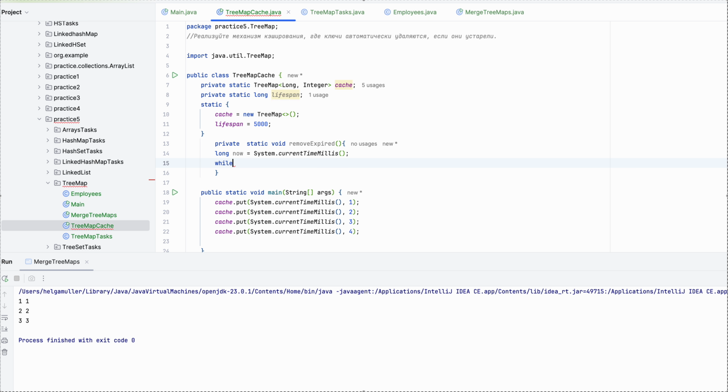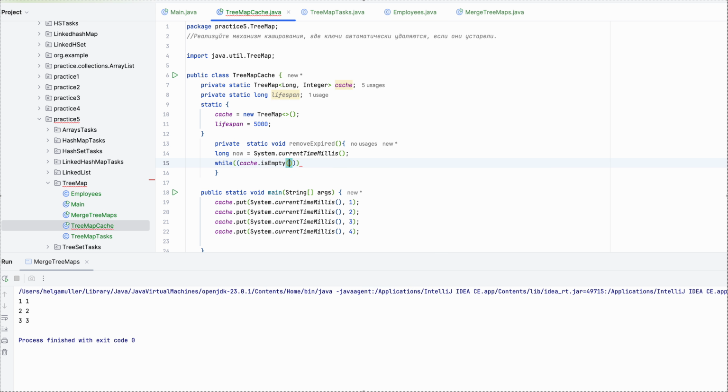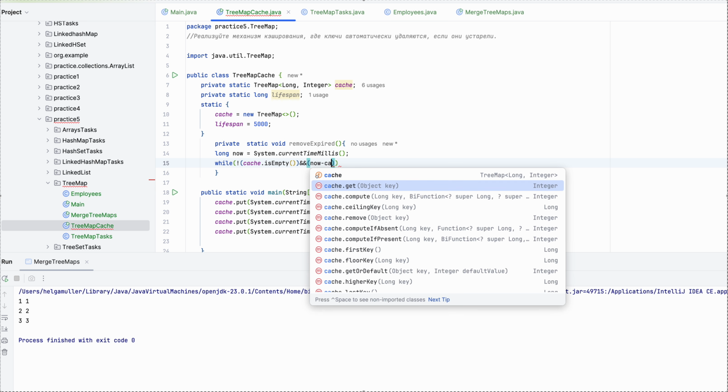And so while cache is not empty, if the difference between now and the time we inserted the value is bigger than the lifespan, we will remove this element. So now minus